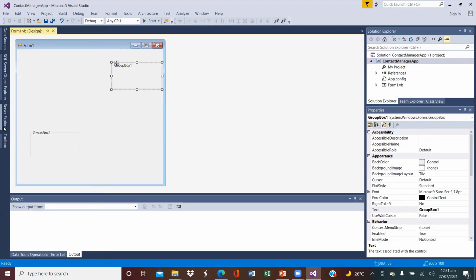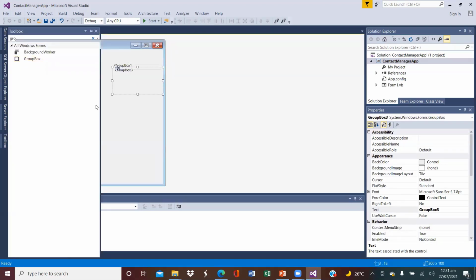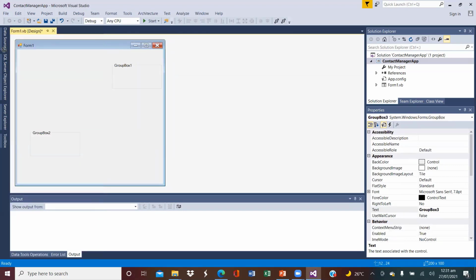Okay, so these are the group boxes. We'll add them, so I'll pull these 2 here, and then I would pull that up here. So for us not to